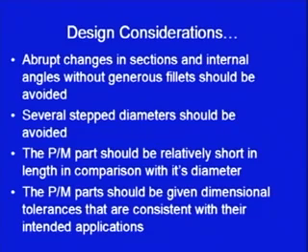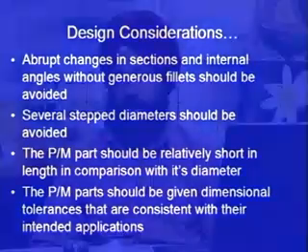The powder metallurgy parts should be given dimensional tolerances that are consistent with their intended applications. As we have discussed, the powder metallurgy parts are near net shaped parts. So, the products that we get out of the powder metallurgy process can be used as they are without any secondary manufacturing process. So, the dimensional tolerances should match the intended application of the product. If the intended application requires tight tolerances, they should be tight. If we want even tighter tolerances, then we can go for some subsequent or optional processes to improve the dimensional tolerances.